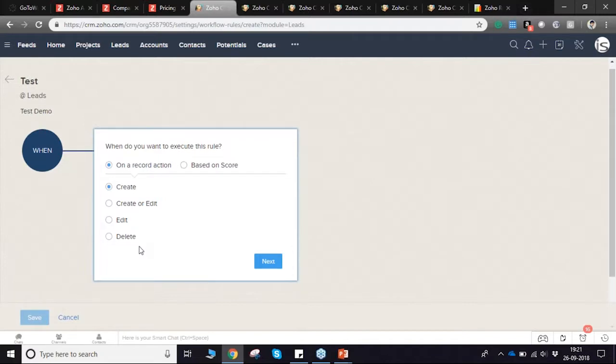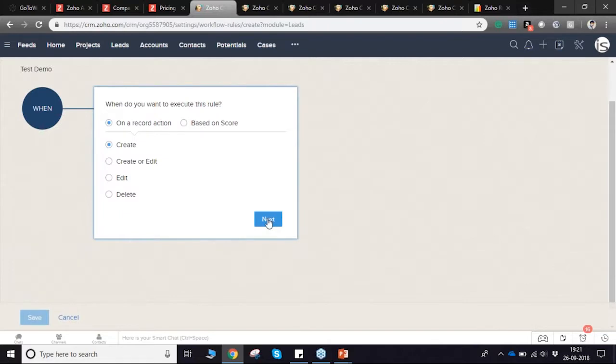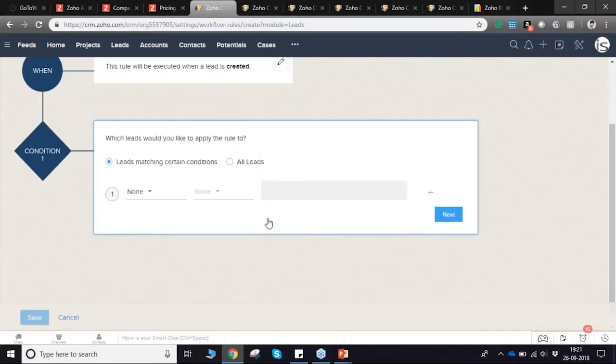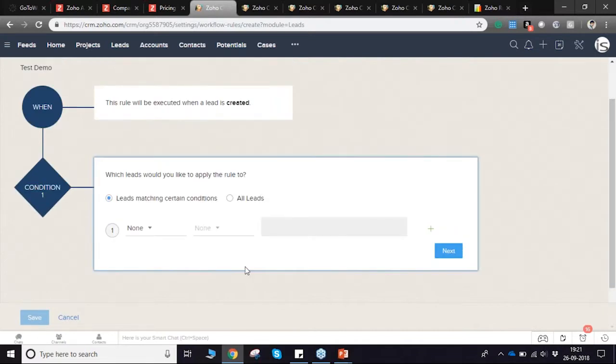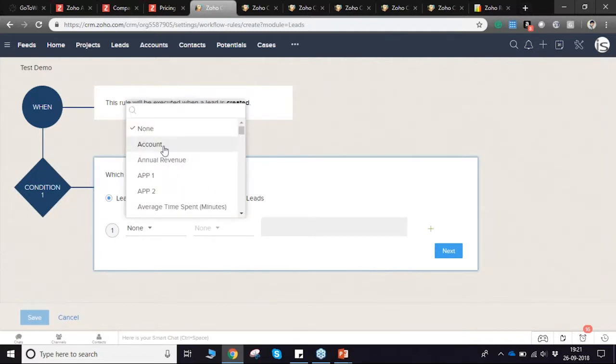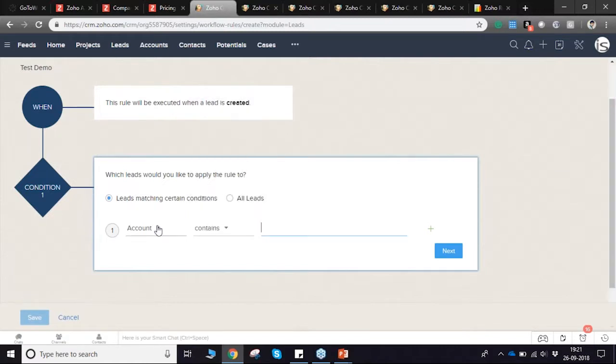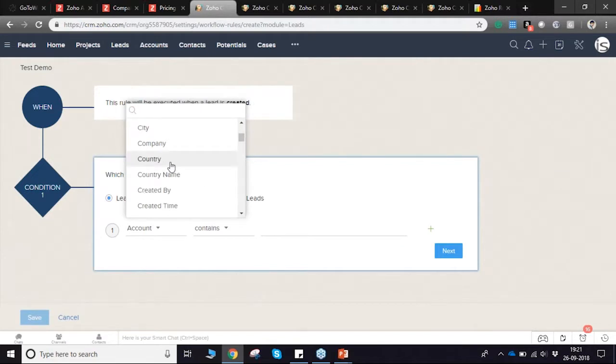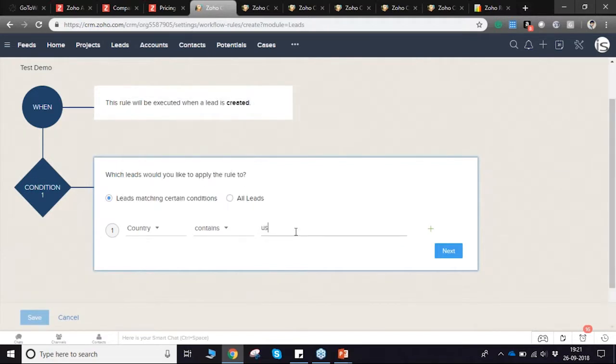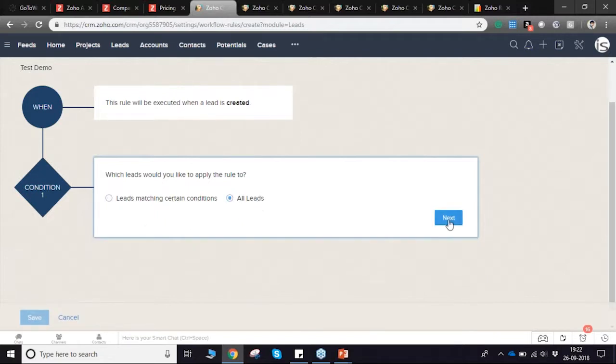Let's select create. On creation of a particular lead, what will happen? The lead matching criteria can be on a particular field. That particular field will be validated against some value, say for example country. So this kind of option you can give here, or it can be for all leads. Then next